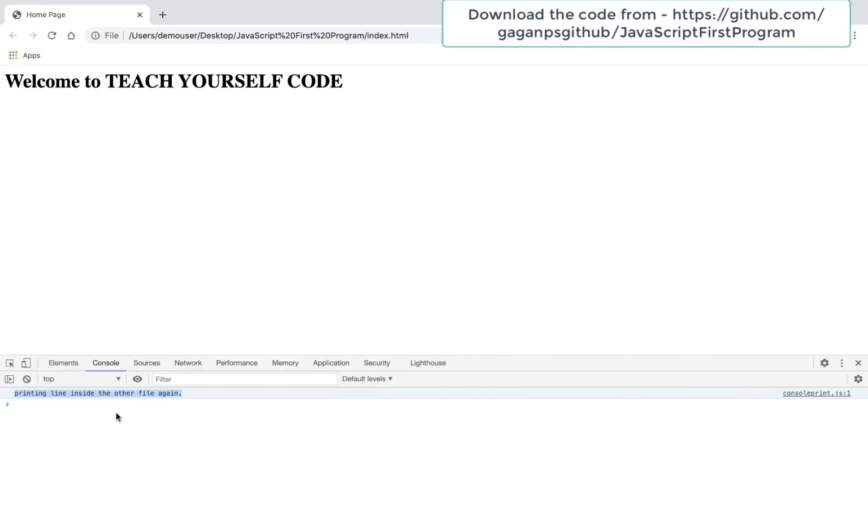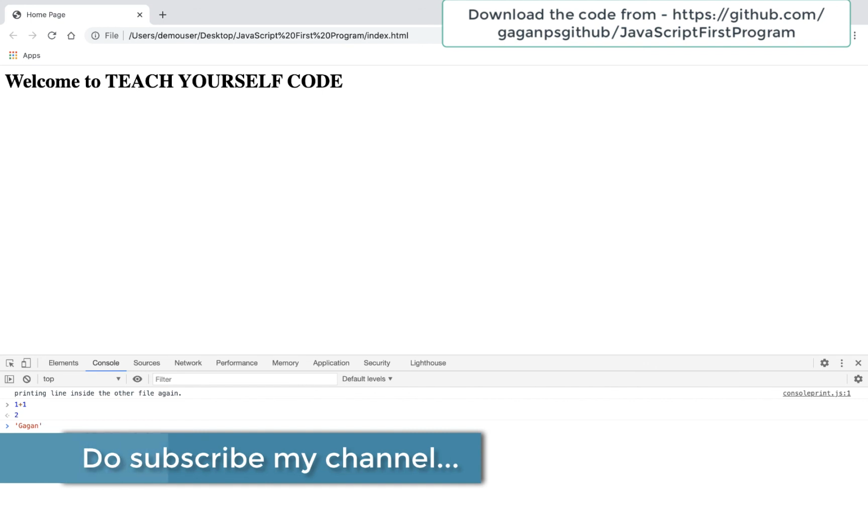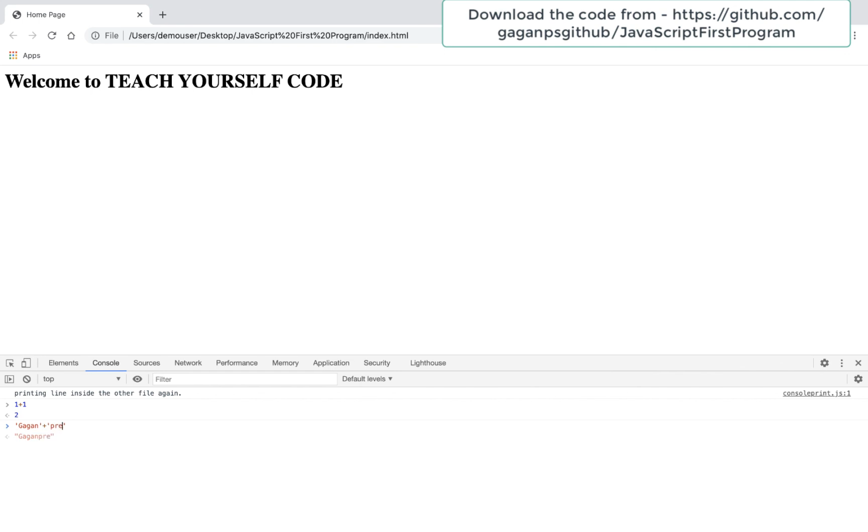And now I will try to do one more thing. I will just show you how exactly this console tab can be used. It can be used for providing many operations. Like if I want to provide an arithmetic operation, you can see 1 + 1, it shows 2. If I want to add 2 strings, let's say Gagan, and I want to add this string, so I will just say, let's say Pri, that's my second name, and I hit enter. You can see it's performing that as well. So this acts as a console for JavaScript, and you can directly perform all the operations over here, whichever are supported by the console in this case.